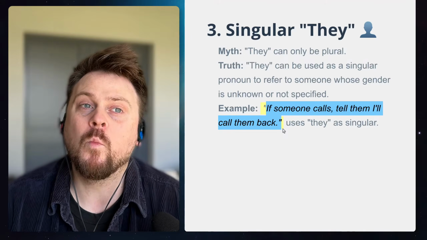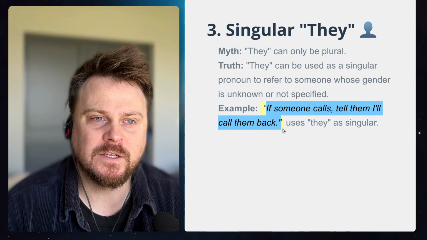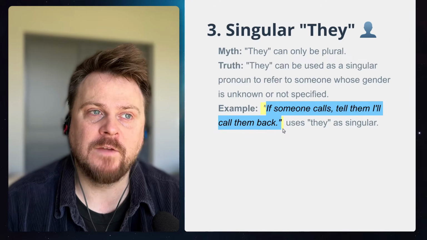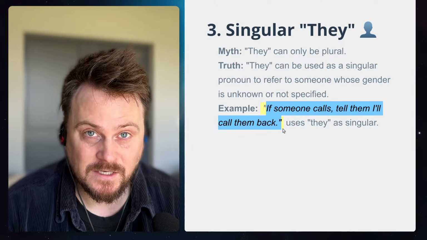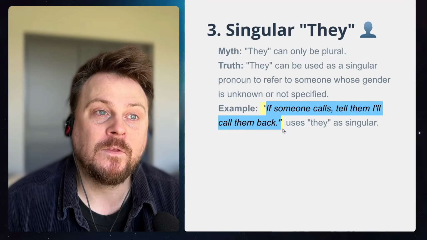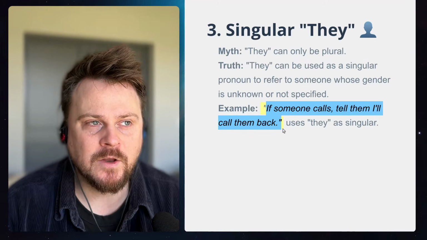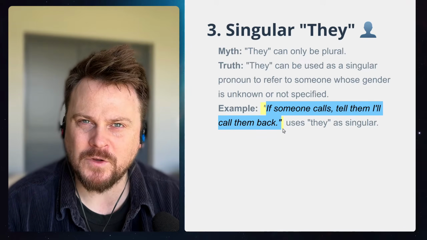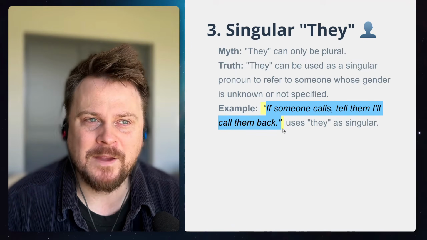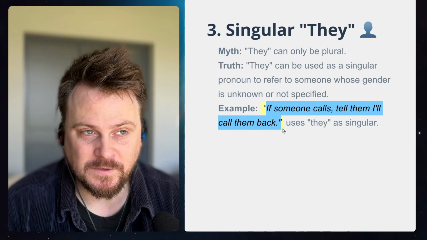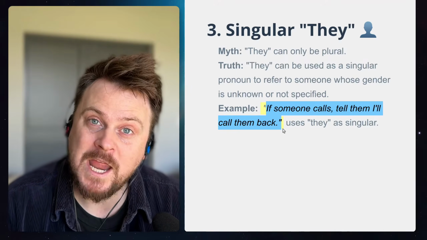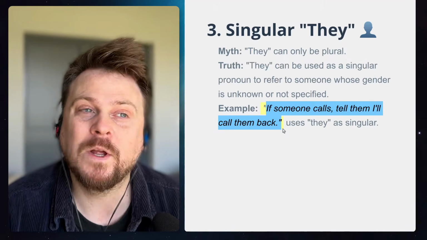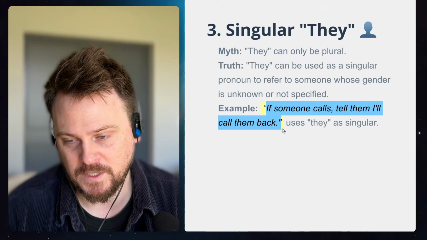Now, if it's one cat and I don't know the gender of the cat, would someone say they? No, probably not. If it's an animal, like a pet, and we don't know the gender, some people will just assume. For some reason, I noticed people tend to say she for cats and he for dogs. Oh, what's his name? They don't know if it's a boy or a girl dog. They'll say, what's his name? Or if it's a cat, oh, what's her name? That's not a rule. I'm just saying that's an observation I've had. But you could say, what's its name? You could. It's not wrong.